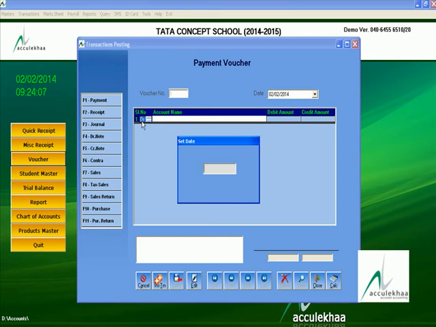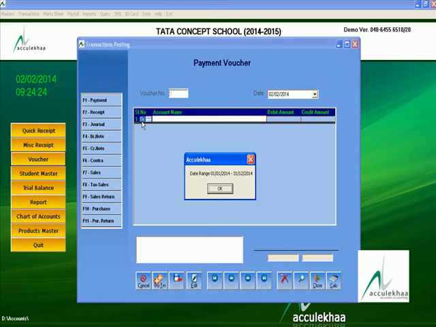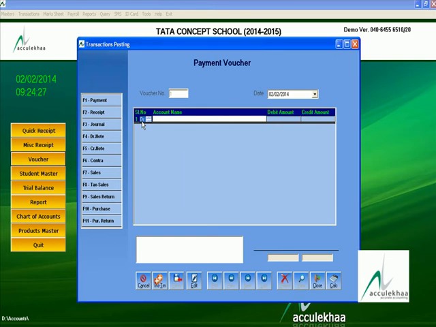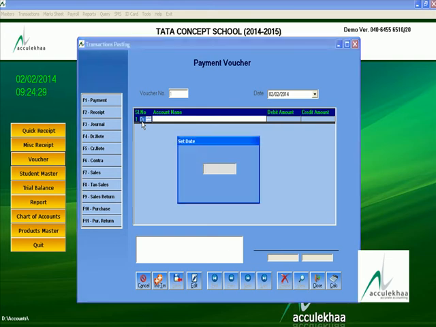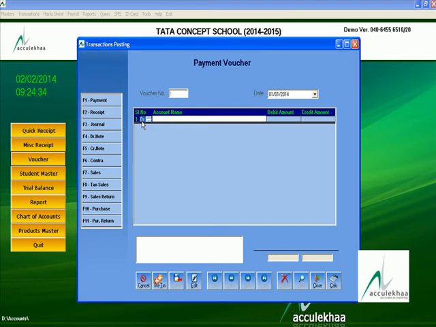Suppose you want any other date, then you can type 1/2, meaning 1st February 2014, 1/1, 1st January of 2014, 1/1/13 means 1st January 2013, 1/1/14 is 1st January of 2014. Or simply press the enter key, then it will generate the current date.